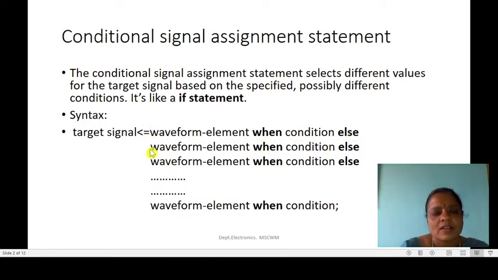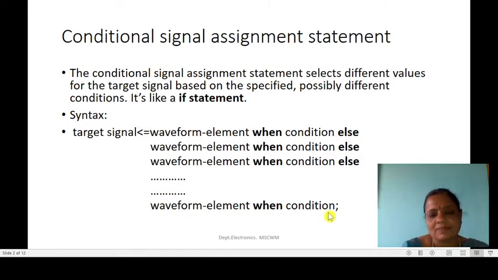Here you can write any number of waveform elements. Here when and else are the keywords, and this is your condition. In this way you can write any number of waveform elements, but the final one is a waveform element